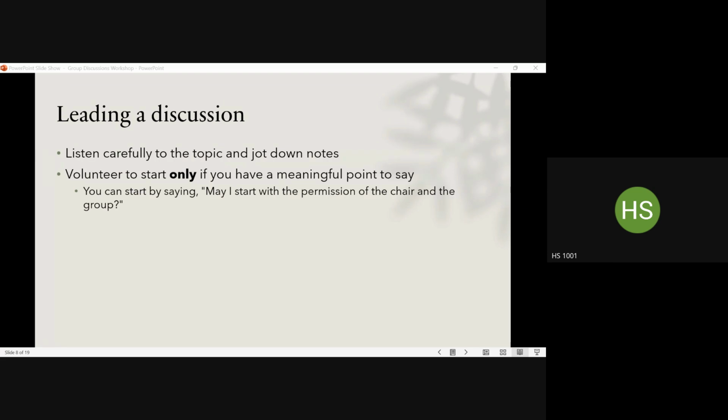Let's say the panel has read out the case, and all of a sudden you feel very, very blank. So you know you're not going to volunteer to lead the discussion. But you also feel scared about what am I going to say when my turn comes. The thing you need to do here is to listen carefully to whoever is speaking. Whatever they say can actually trigger our thoughts or our opinions, our arguments in a particular direction. So you gain inputs from the rest of the group until you feel like you can add to that discussion.